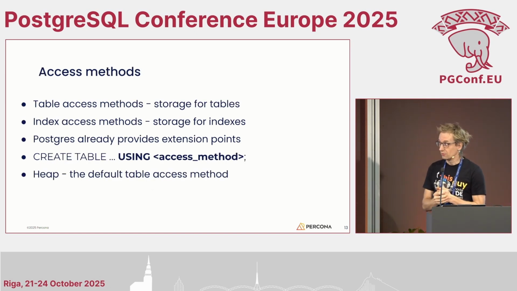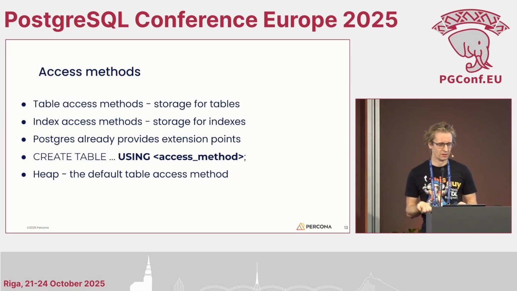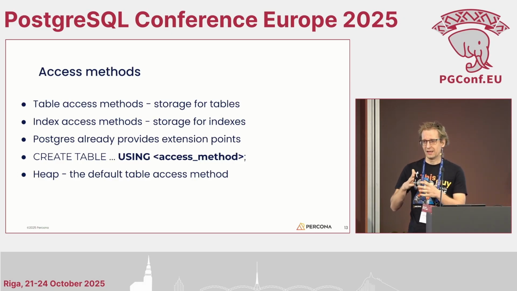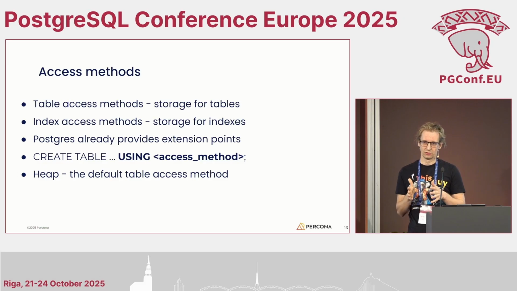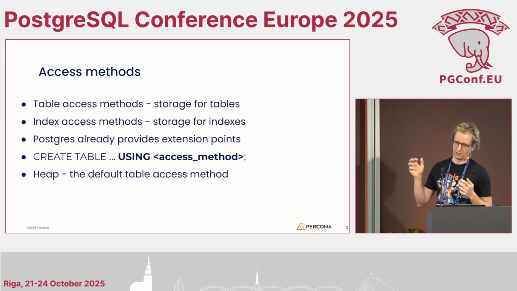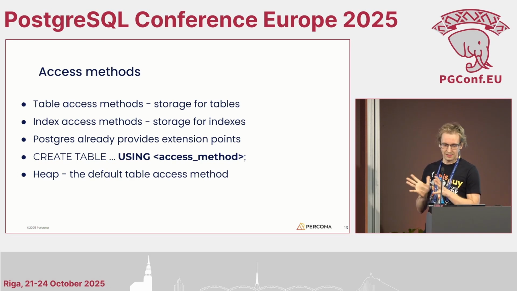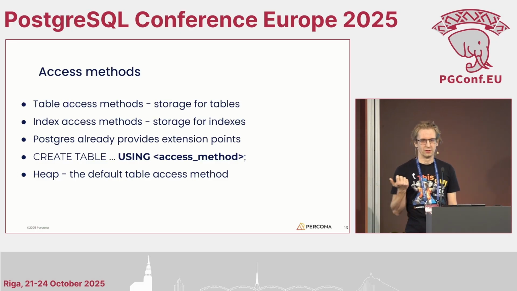And to do that, we looked at something called access methods. This already exists in PostgreSQL. Basically, this is how both tables and indexes are handled internally. So anytime Postgres has to access a table or an index, that can be reading or writing to it, it goes through this feature called access method, which can be extended using extensions. Extensions can define new access methods. Internally, even if anybody just creates a table, it implicitly creates a table using an access method, which is called heap, the default access method in PostgreSQL.